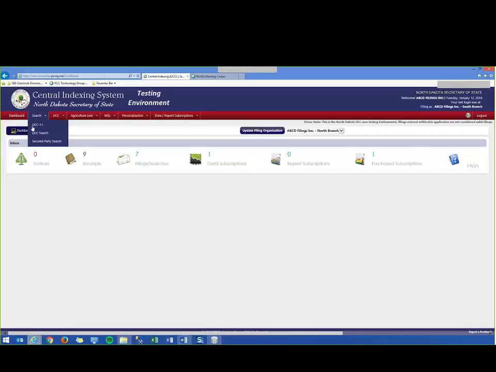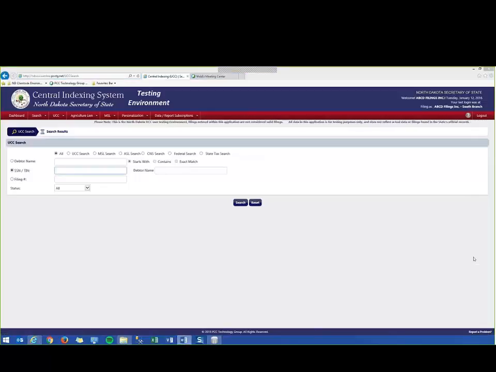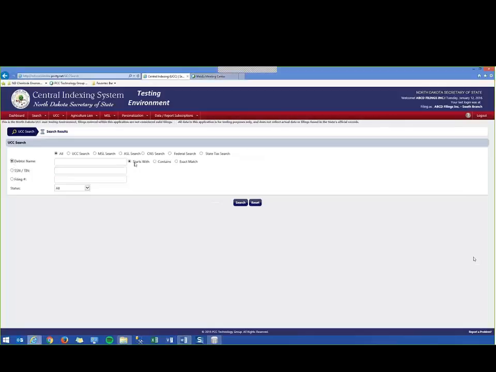There's also a basic search functionality found under UCC Search. This allows you to search by debtor name, SSN TIN, and filing number. If you select SSN TIN, it must be an exact match between the Social Security number entered and the debtor name entered. If you search by any of the others, the system will allow you to choose whether it starts